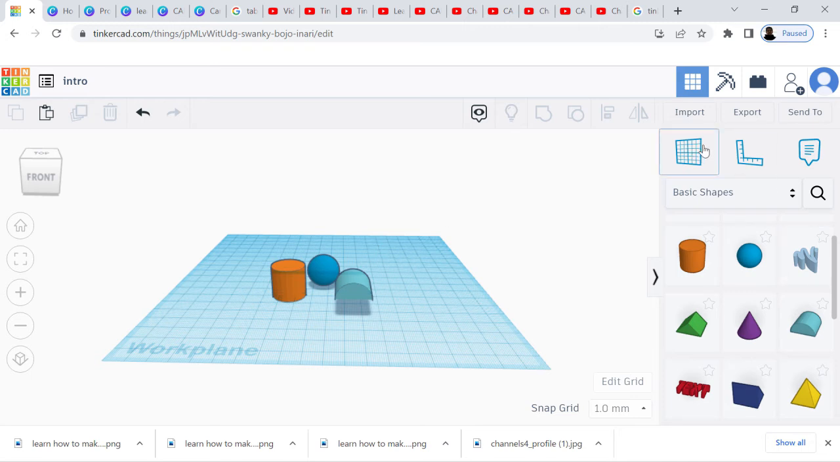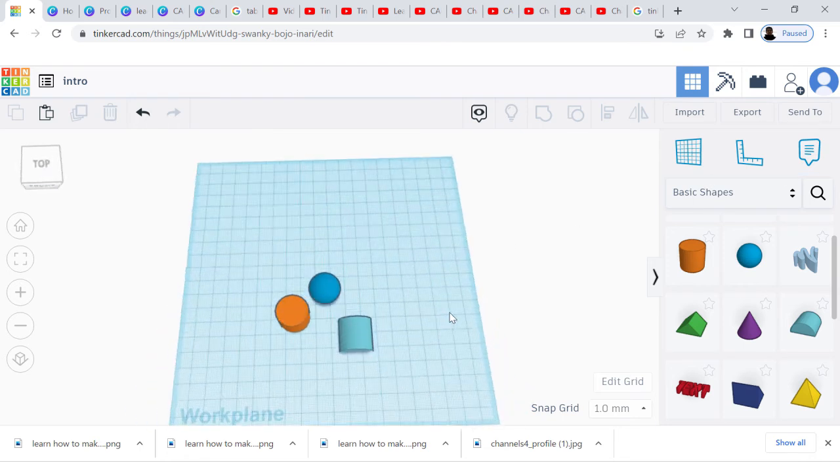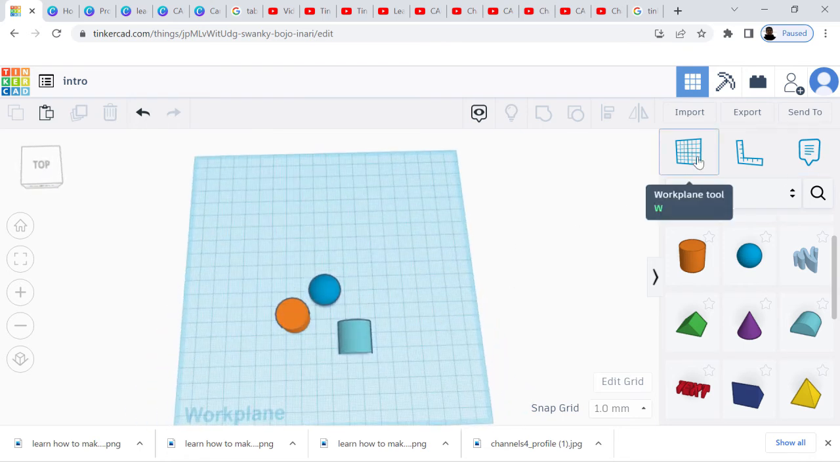Now we will talk about these tools. What are these? This is the Workplane tool. This is the scale tool, or you can say the ruler tool, and this is the node tool. Mostly we just use the Workplane tool, and the scale tool and node tool are generally not used. So what does the Workplane tool do? I will select this and I can make the Workplane on